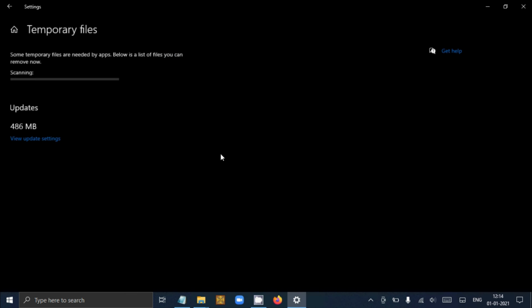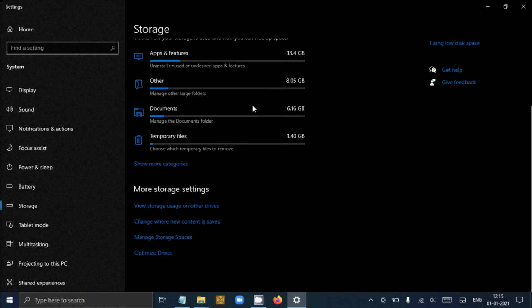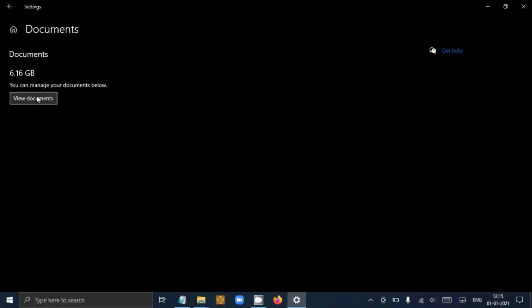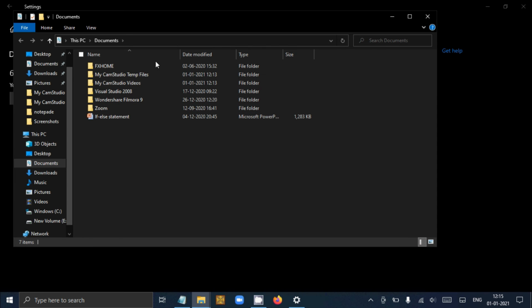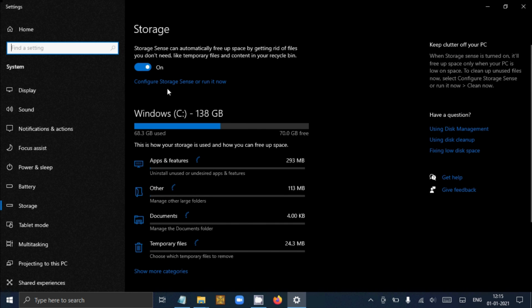You can delete these temporary files. If your data is more than 13 days old in temporary files, then it is automatically deleted. Here you can view documents. There are so many files.